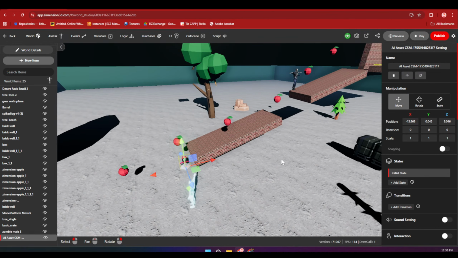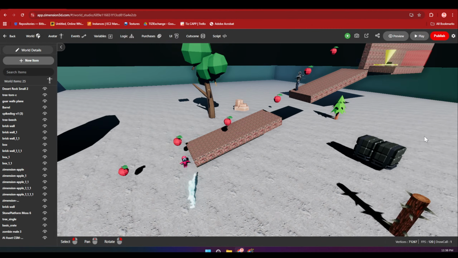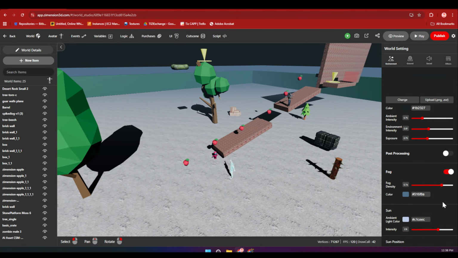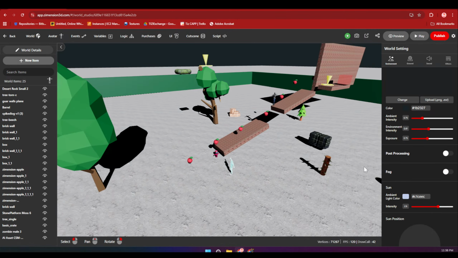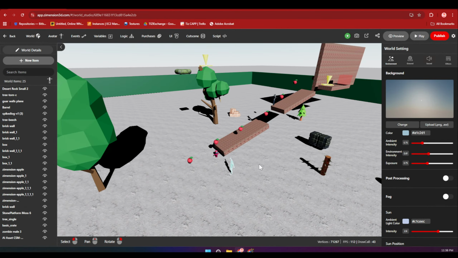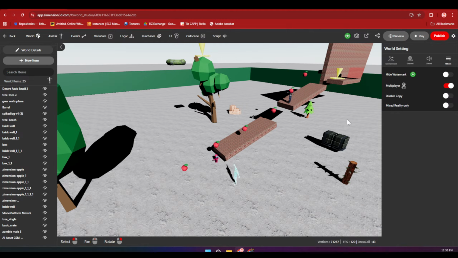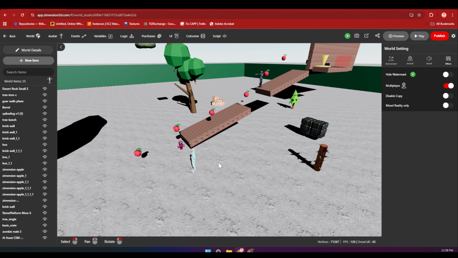Okay, so guys, let's do the multiplayer thingy. First, I will just turn off all the post-processing stuff. Okay, I'll turn off the fog also because I want it to work seamlessly. I'll change this to sky again. So what I'm doing is I'm making this world multiplayer. And now if you guys join this world, then we all should be walking and talking inside here. Okay, so join through that link.